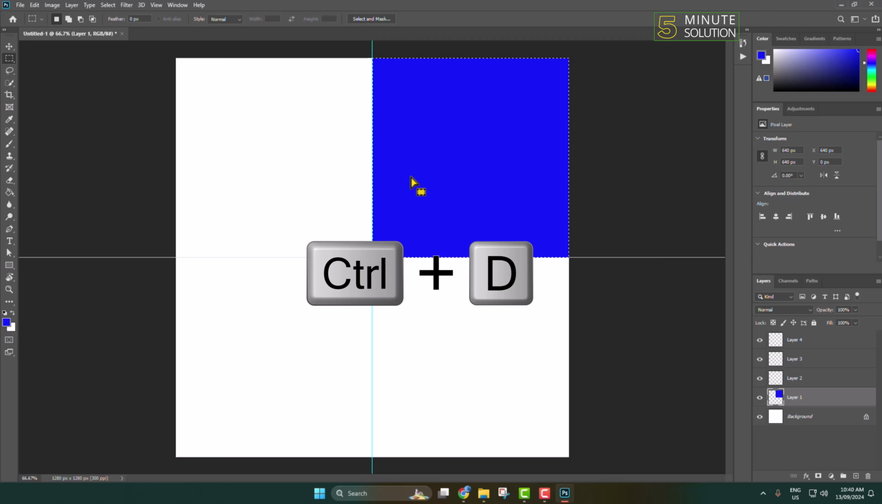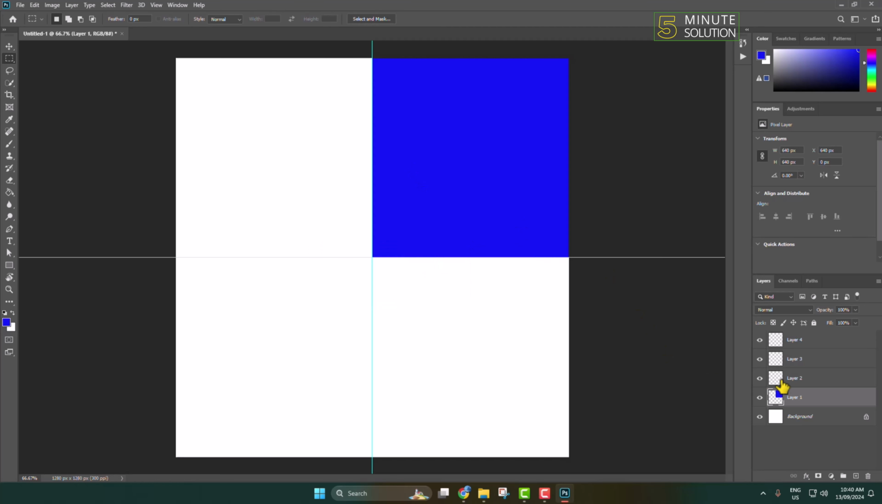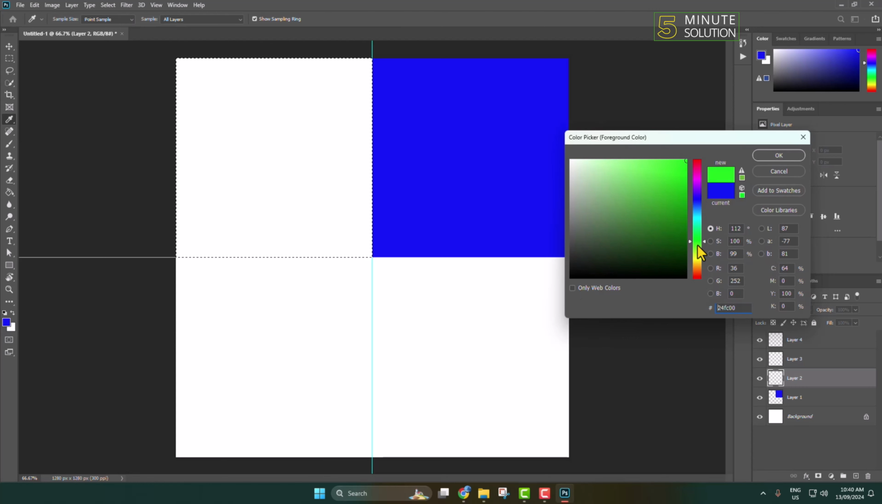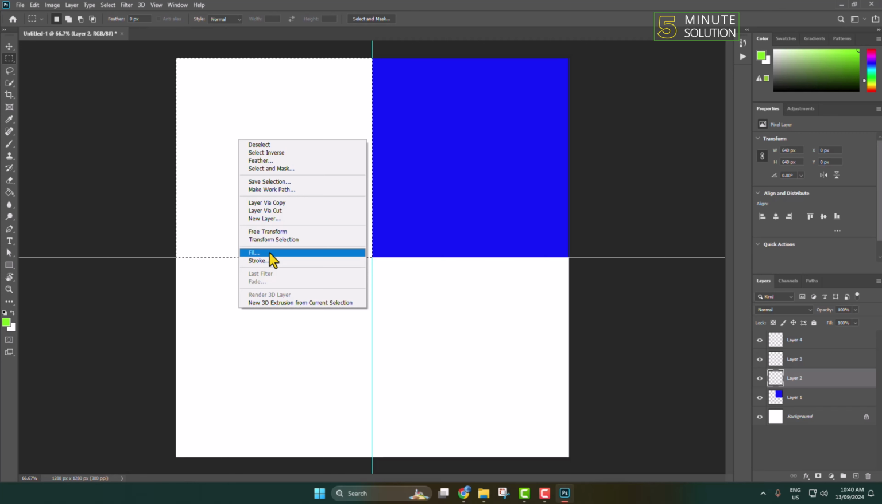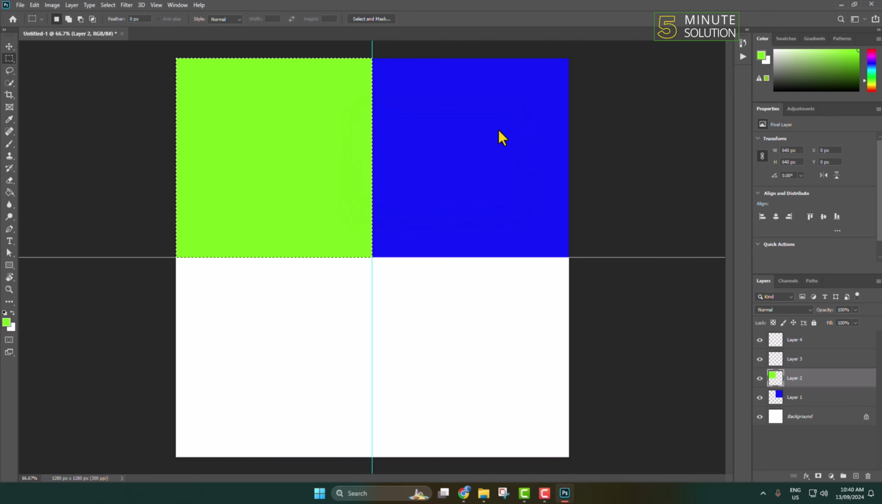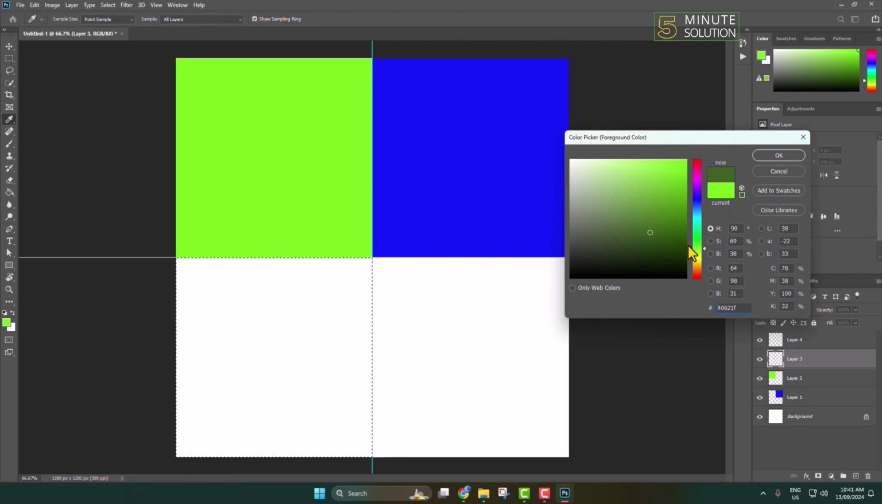Now press Ctrl D to deselect and selecting the second layer, selecting this rectangular tool, and now selecting this second part, selecting a different color from here, right clicking here, fill, OK, Ctrl D to deselect, selecting the third layer, selecting rectangle tool, drawing the second part, selecting a different color,